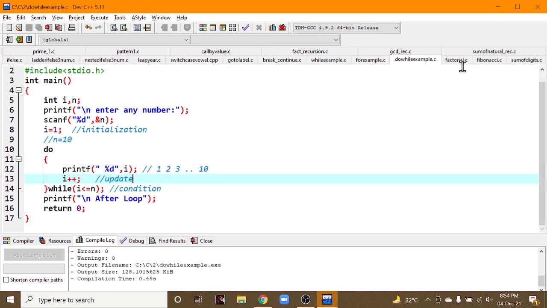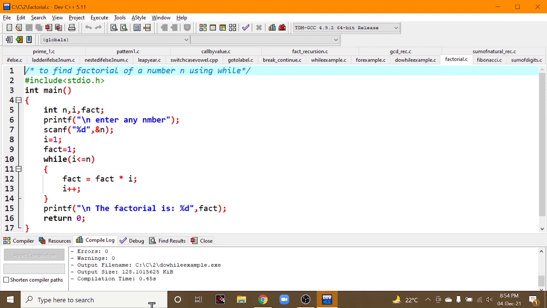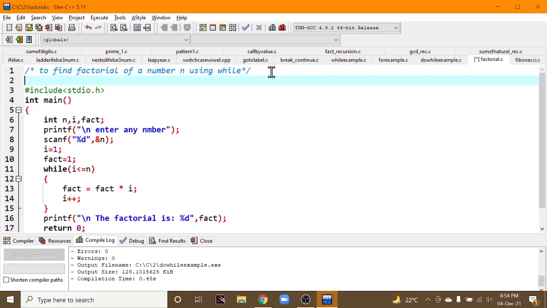Let us look into a few examples related to iterations. Factorial: how to find the factorial of a number. As you all know, 1 factorial is 1, 2 factorial is 2 into 1, which is 2.